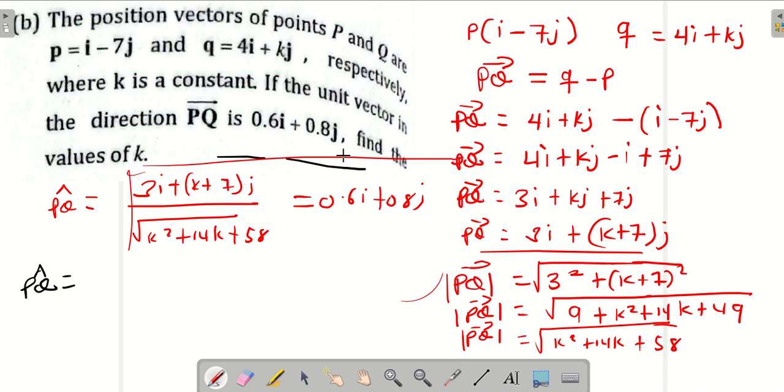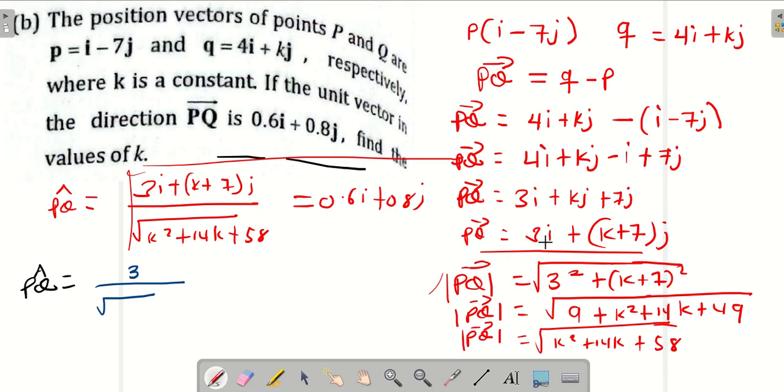So now you know that if you have, let's say, (A plus B) over C, it is the same as A over C plus B over C. Is that right? So we are applying that concept to split it. So it means that we can write this vector. Now we have gotten the unit vector, which we can write as 3 over root